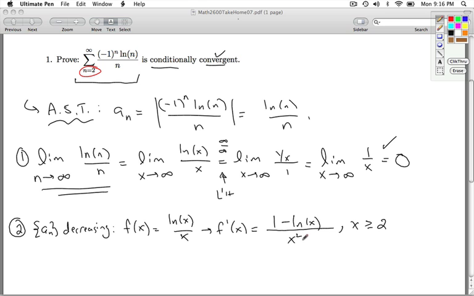At that point, it's decreasing. The derivative is negative. So we would say that for x bigger than or equal to 3, f prime of x is negative, which means that the a sub n's are decreasing, which would then imply,